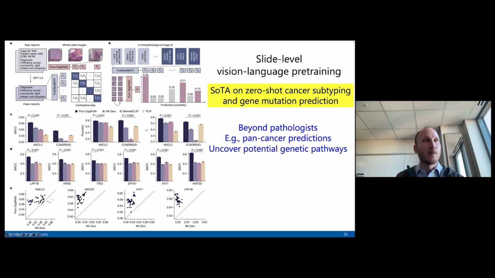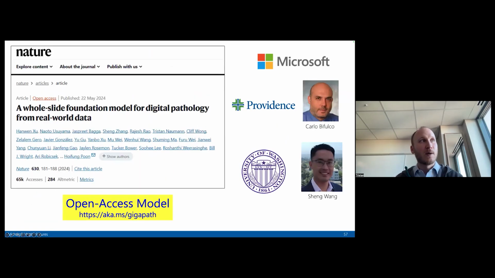And I'll again note that this is another model that was born from this collaboration with Providence and also a close collaborator at University of Washington. And I think for me, in part, one of the most exciting pieces is that it's also another example of a model that we're able to make publicly available for everyone to use. I think this is a great reflection of some of the leadership that Providence has in terms of making some of these resources broadly available to advance the broader research agenda of our